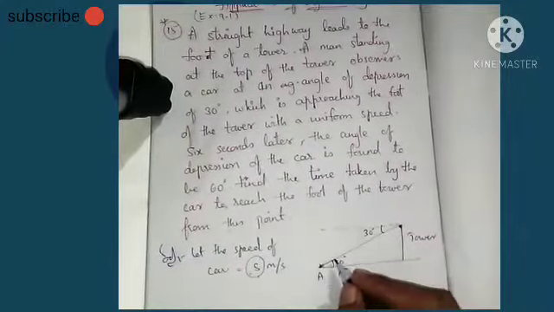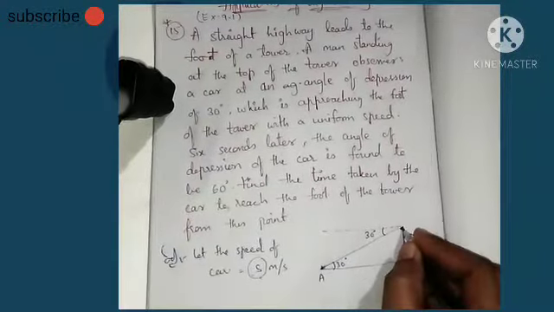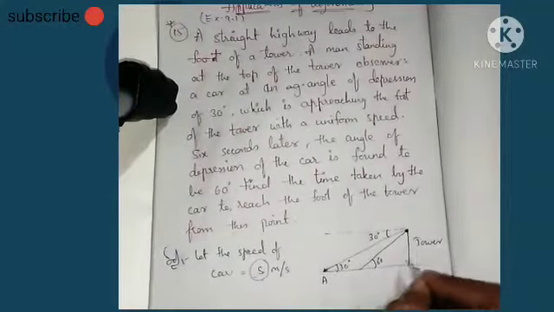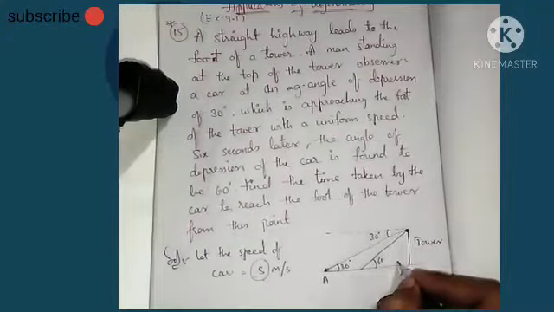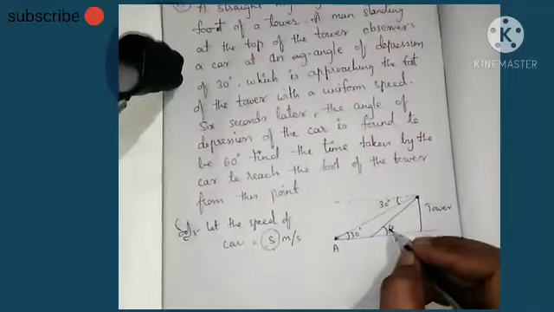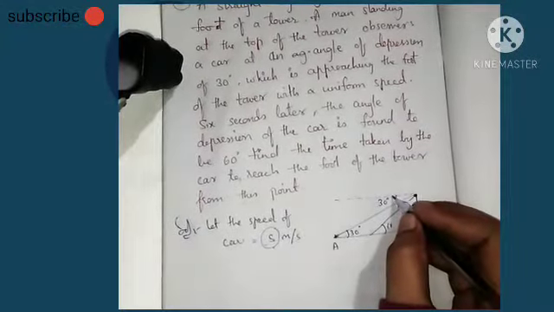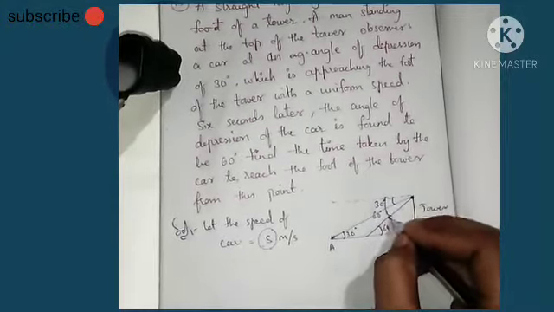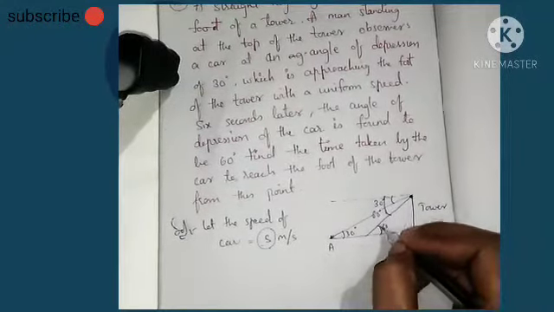So the angle of depression has changed to 60 degrees, meaning the car is a bit closer towards the foot of the tower. The angle becomes 60 degrees, because the bigger the angle, the closer it is: from 90 degrees, here it becomes 80, here 70, then 60. But this is the angle of depression, so you have to draw it below the horizontal line and this line of sight. This is 60 degrees. So alternate interior angles are 60 degrees. This and this angle are equal, 60 degrees.